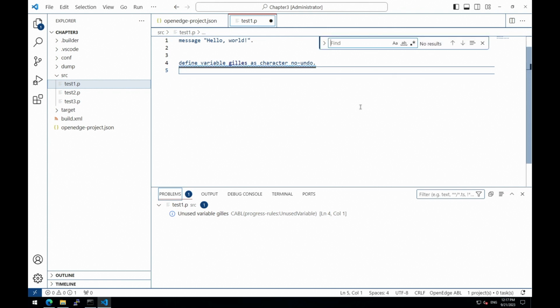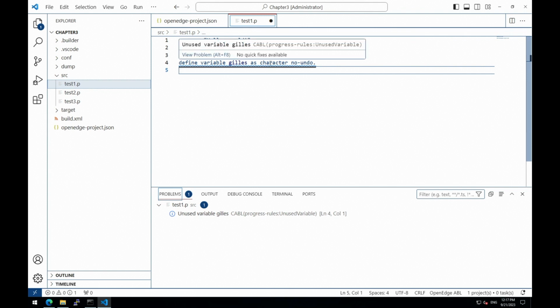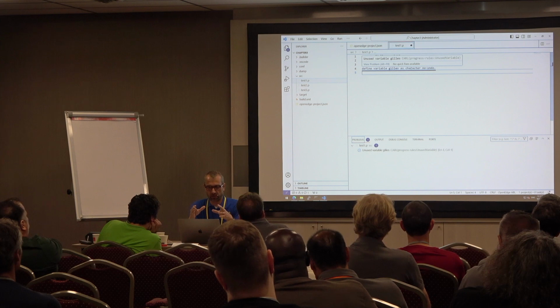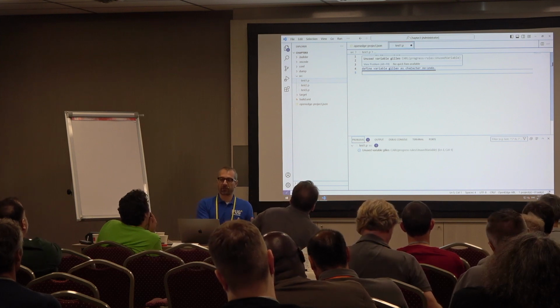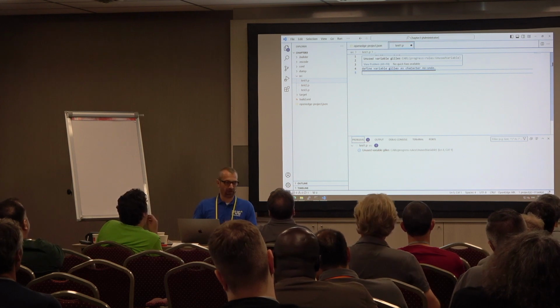So let's say here we still have some blue lines. This means that something was detected by the language server. Here we have a variable which is defined but not used. So the language server is sending a notification to tell you something is wrong, and you should do something with your variable.